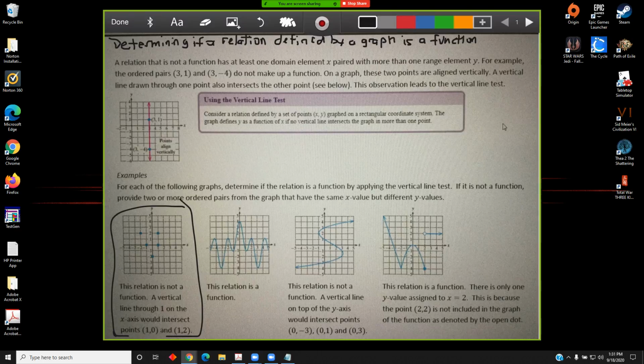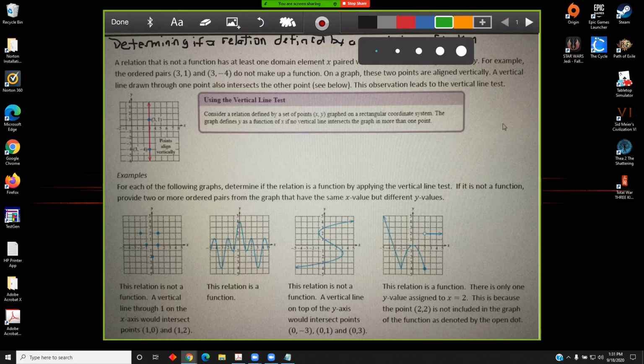Okay, remember that the goal of the vertical line test is to attempt to find a vertical line that intersects the graph of the relation at more than one point. For example, if we drew this vertical line here, then we would not achieve our goal because we are only intersecting one blue point. Similarly, this vertical line only intersects one blue point. However, this vertical line intersects our graph at 2 points, and therefore we may conclude that this relation is not